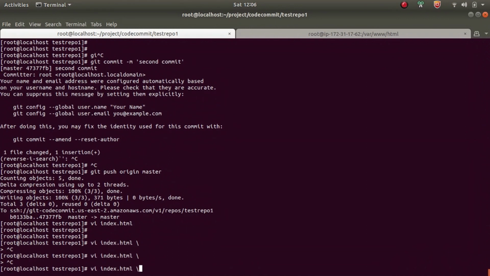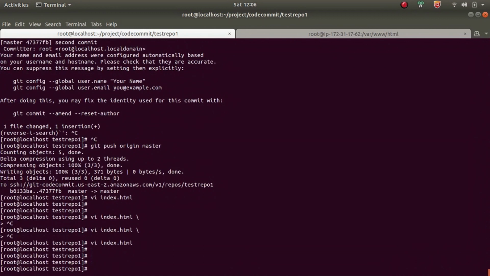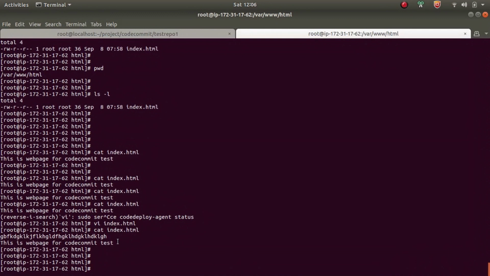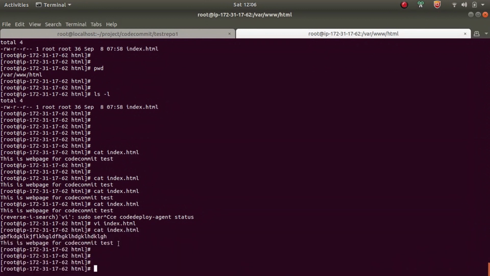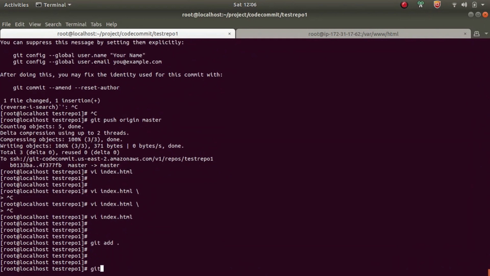Some new contents I have added, and this is the EC2 instance with the index.html. This is the current one. If I do some changes in the code commit code, it will automatically push this code to the EC2 instance. That's what we are proving here.